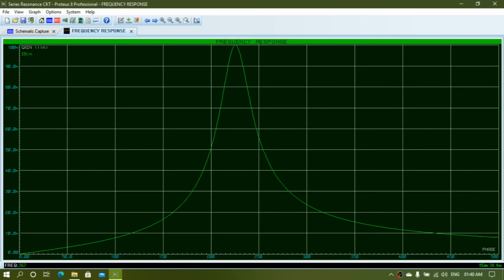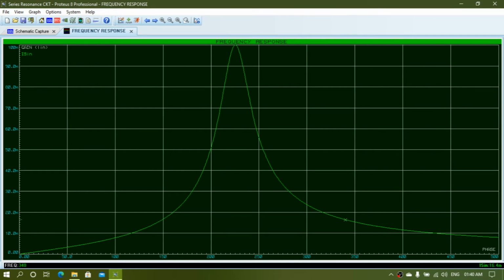If you move the cursor along the graph, you will find at the left hand side bottom, right hand side bottom, the respective current readings for this frequency, and at the bottom of the left hand side you will get the respective frequency. So at which frequency how much current appears, you will find from this cursor.